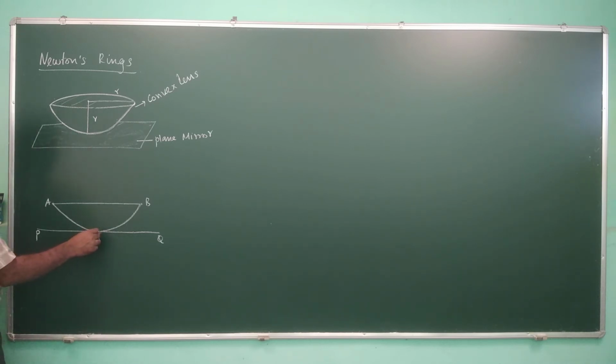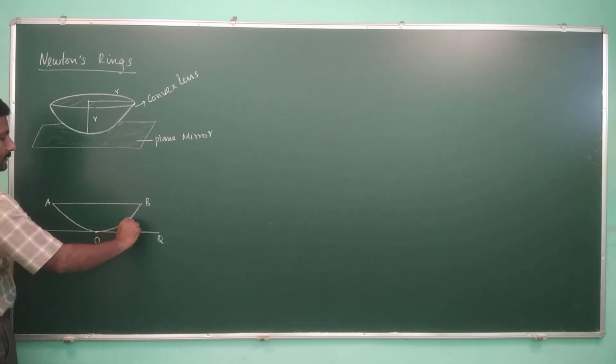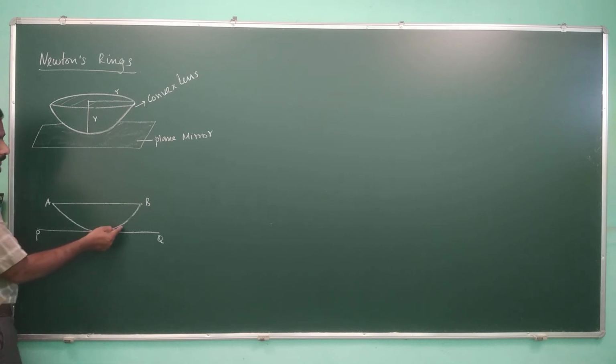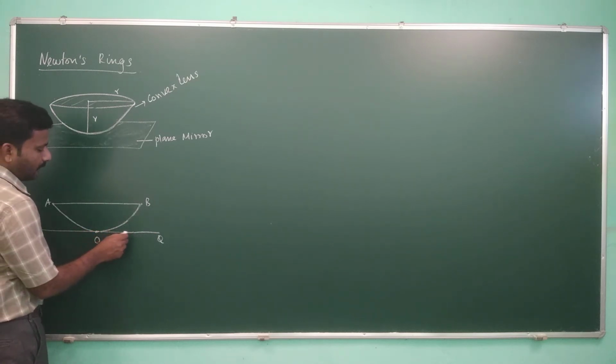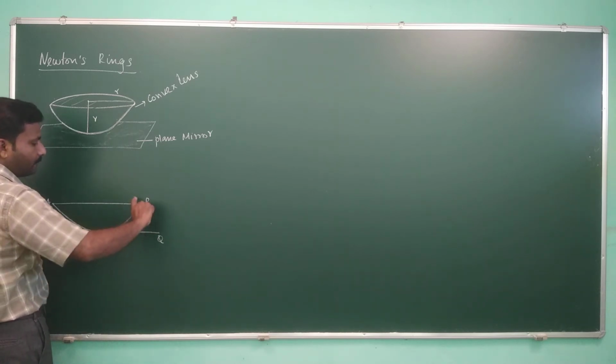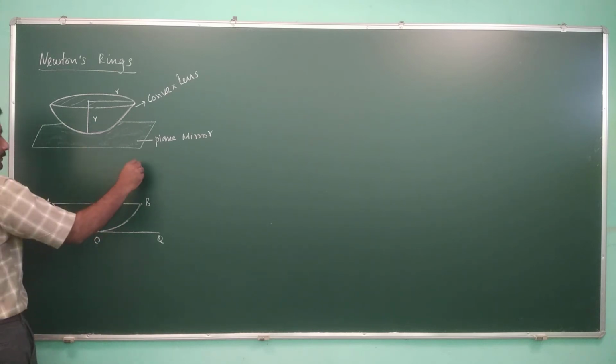So from point O, if we move forwards, it creates an air film. There is an air gap, which creates an air film. The thickness of the air film at the point where these two materials meet is 0, and it gradually increases. On this side it is flat and here it gradually increases, so the thickness of this air film slowly increases. Now, if a monochromatic light is allowed to pass through it,